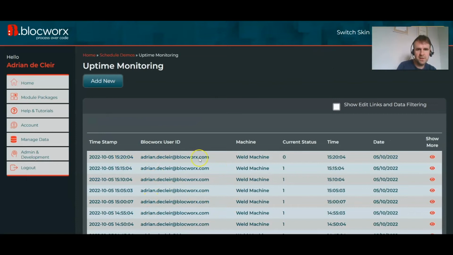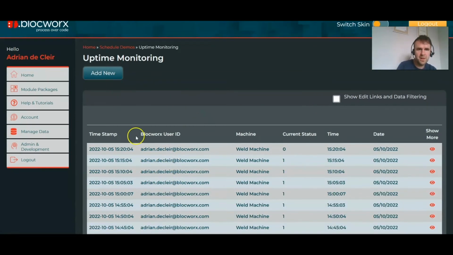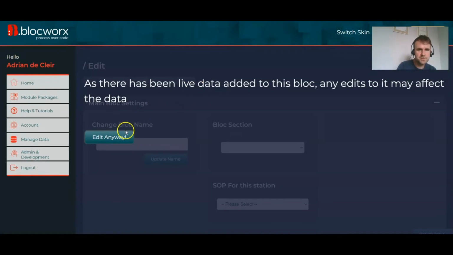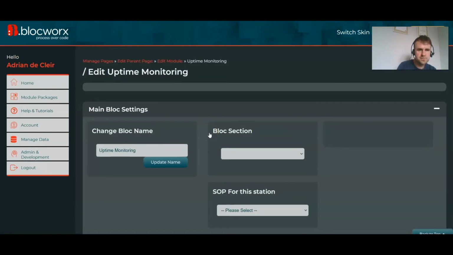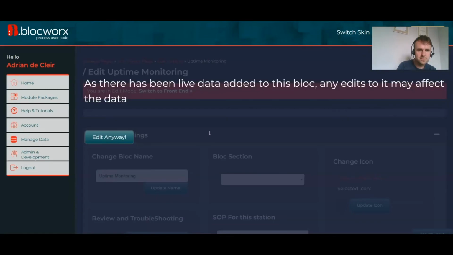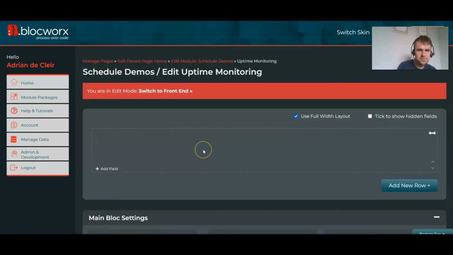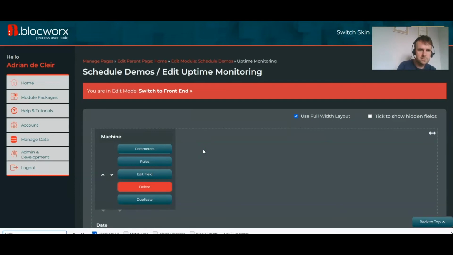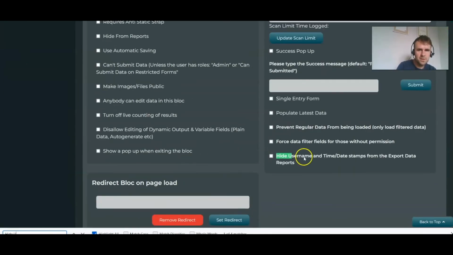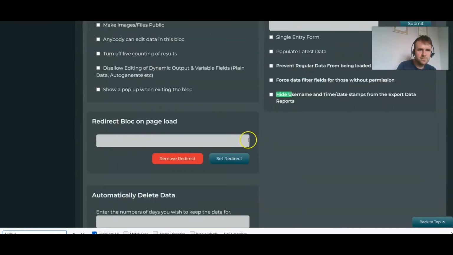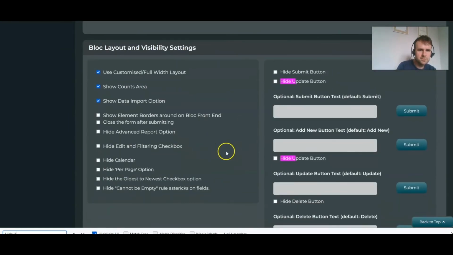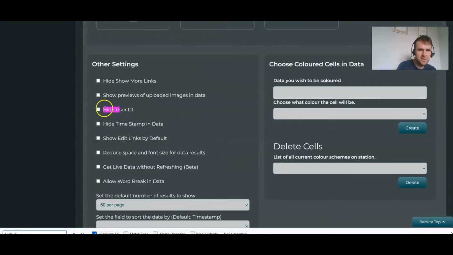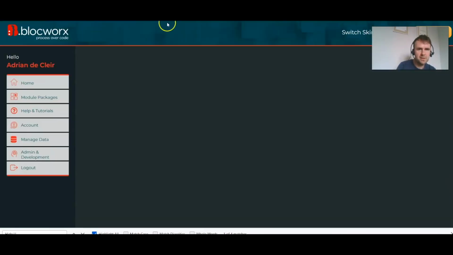That's the user that created. So that's the user that we set when we set up the scheduler. We can actually hide that too. So hide, that's in the data display settings. Hide user ID, hide the timestamp, because this is the raw timestamp of the record, but we're actually doing our own timestamp instead. So now when I go back,